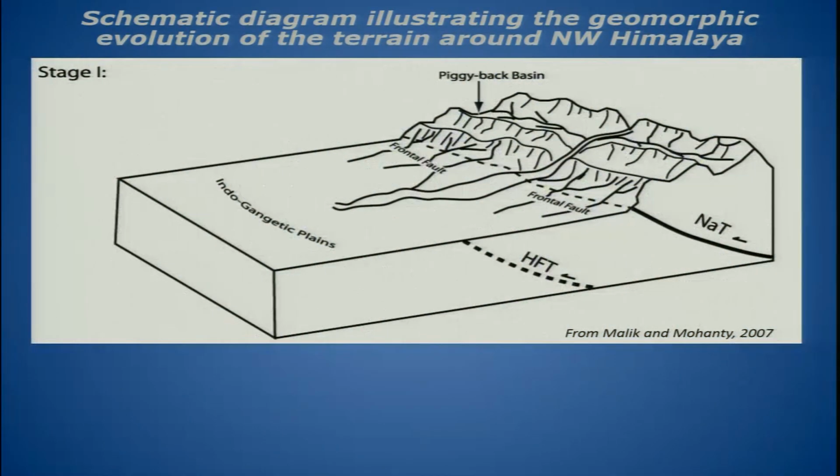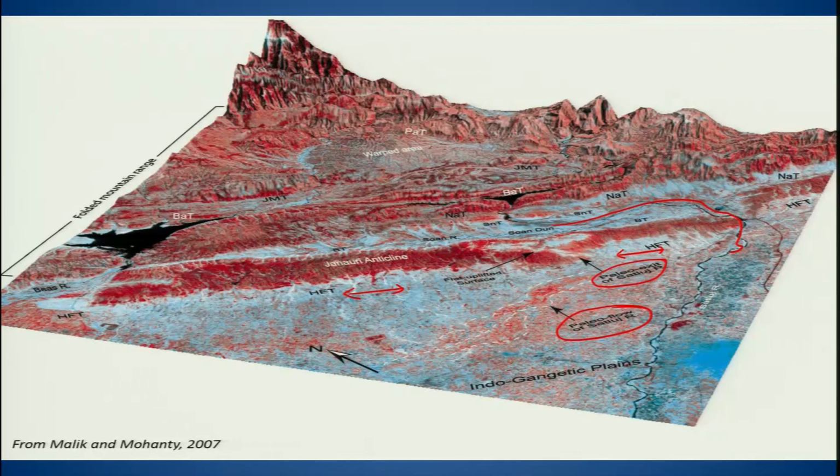So we came up with a schematic diagram which explains that, okay, we did not have the frontal fault, that is your HFT, before, and we had Nahan thrust. There is one of the fault system which is sitting here. So this is the Nahan thrust, NAT. So we had all flat areas similar to what we see now today with respect to this fold. Okay, so this fold did not exist earlier. So we had the streams or the river channel coming and debouching into the then existing Indo-Gangetic plain